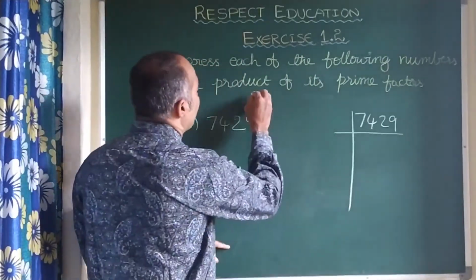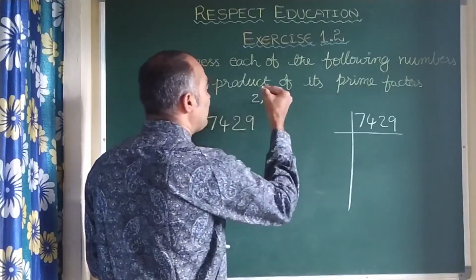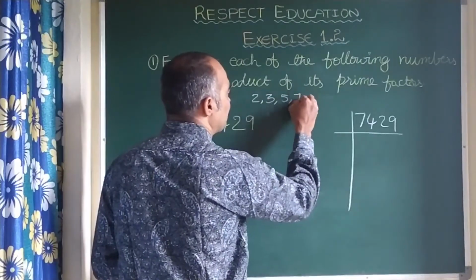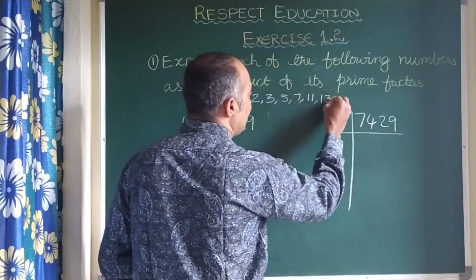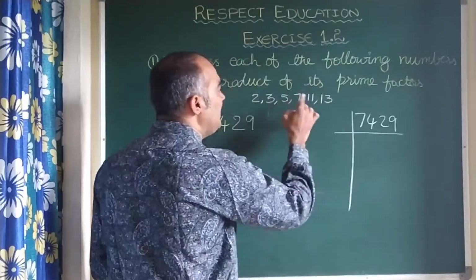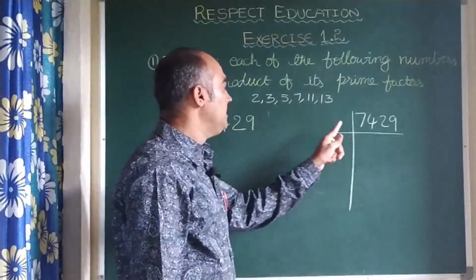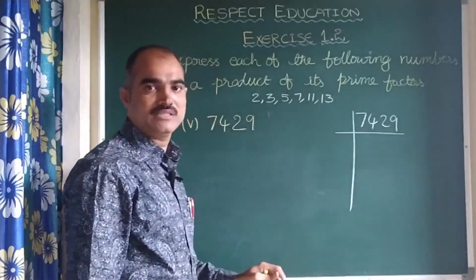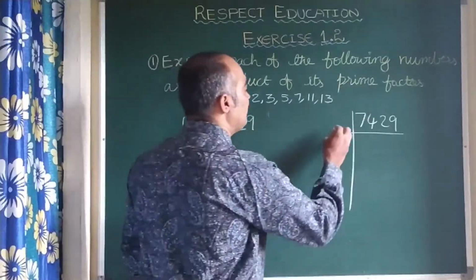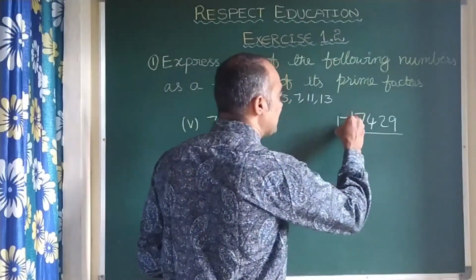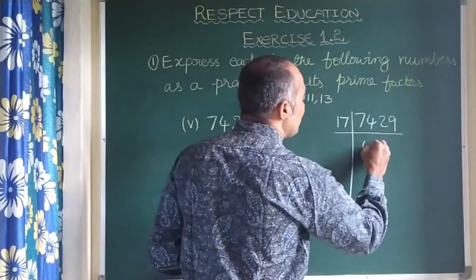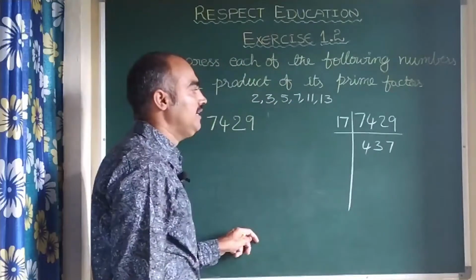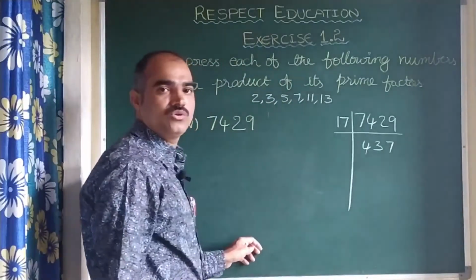You need to remember that with whatever prime number you try, you may try with 2, 3, 5, 7, 11, 13, till here with any of these numbers, it can't be divided. It can't be divided by any of these numbers, that you keep in mind. So it is divisible only by 17, children. That too, 17 4s are here, 3s are 17, 7s are. So 17 into 437 is 7429.